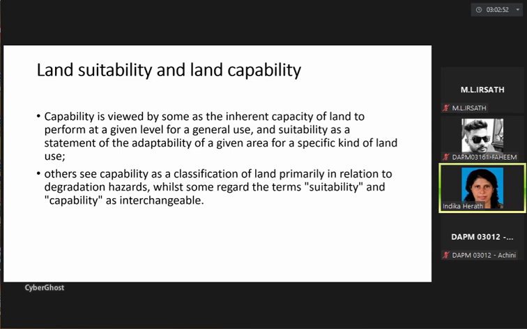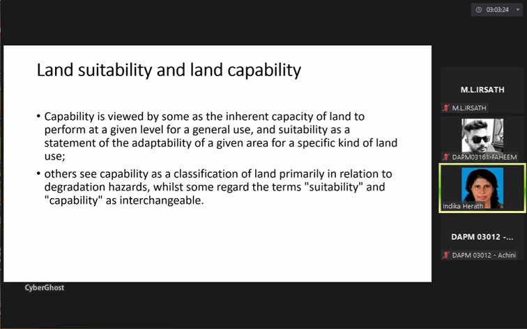So inherent capacity of land to perform at a given level or given period for general use, and suitability as a statement of adaptability of a given land area, right? So that means you look at the inherent properties, inherent qualities of land, whether it can be supported. But when it comes to the suitability,